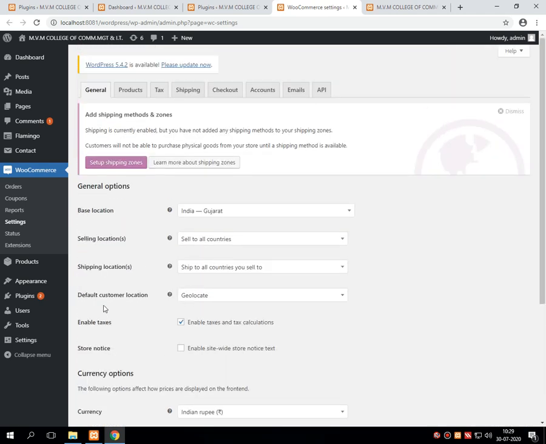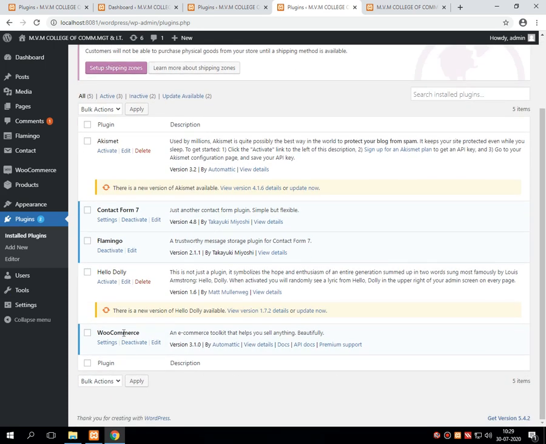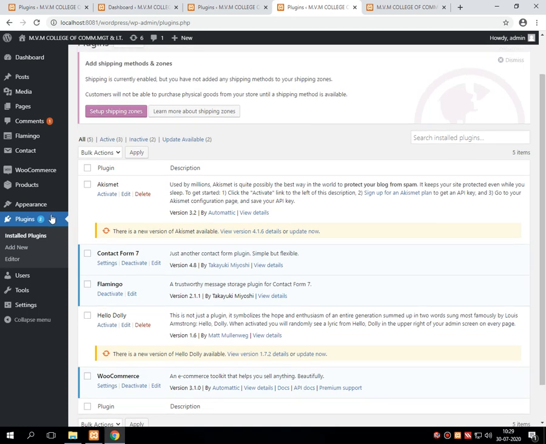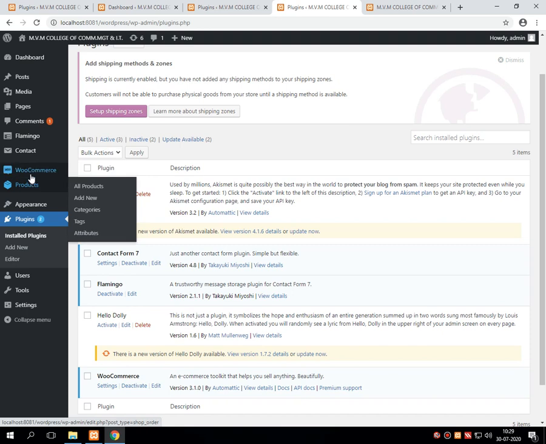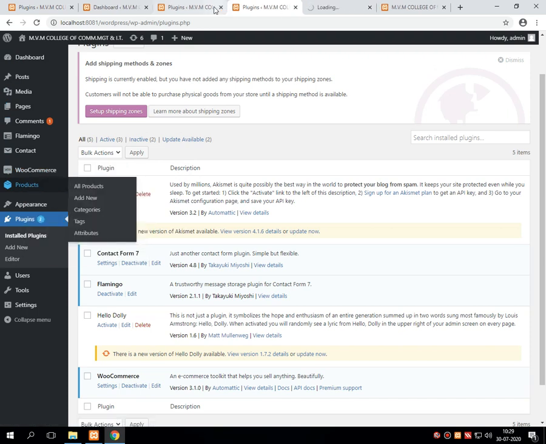Now over here, that means in the plugin section of WordPress, it cannot show the product that we have created. For that, just look at the product part which is given below WooCommerce in the listing. That means in the portion of the dashboard there is one option called product. Just open that particular window.